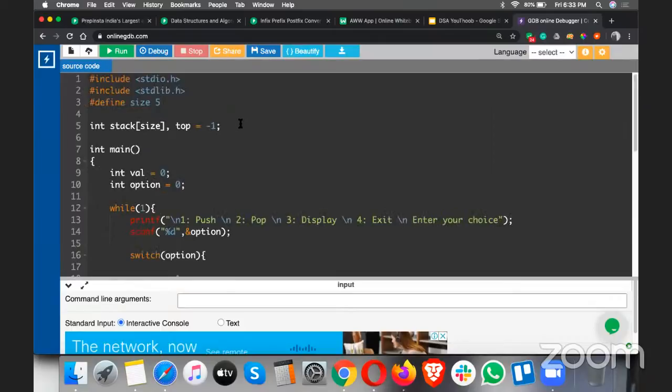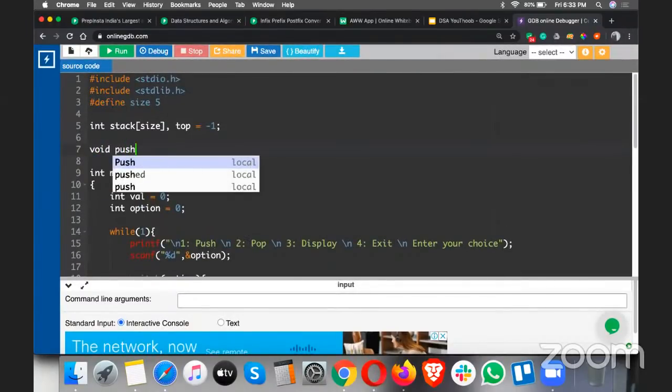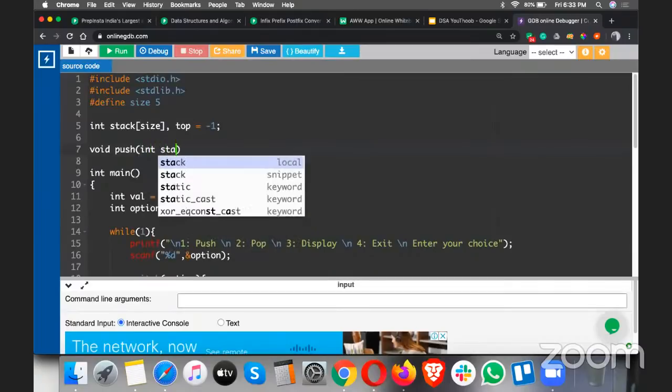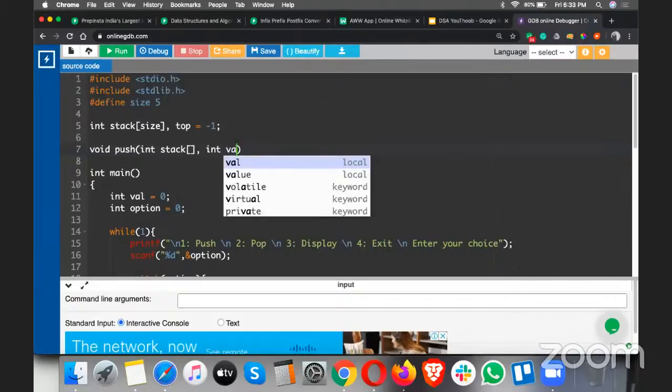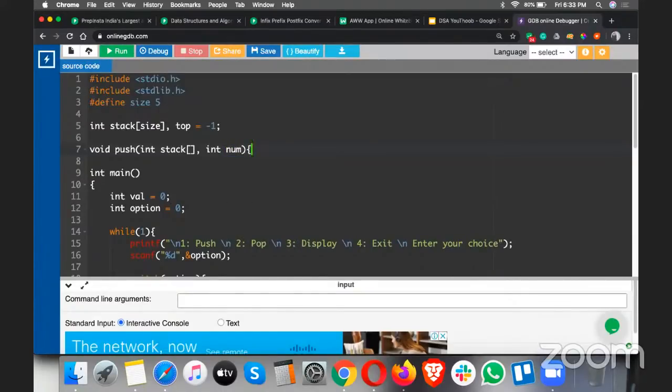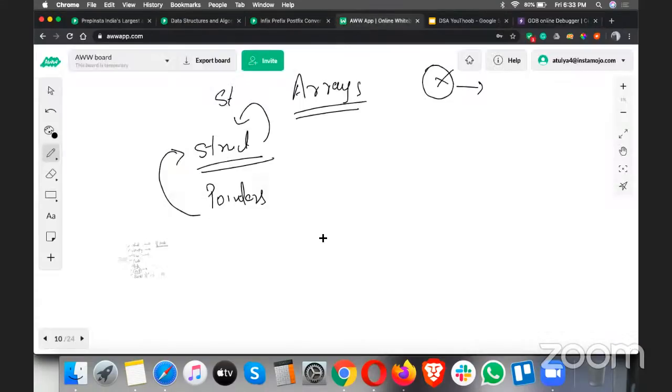Okay, so now let's start with creating all of the functions that we have. First of all, I will create a function called push. So push is void push, with first int stack, the array that we are passing, and int num, or let's call it val, or maybe we can call it num here because I named it val there. Now the first thing we want to do, obviously, if we are pushing, and let us say the size of the stack is 3,